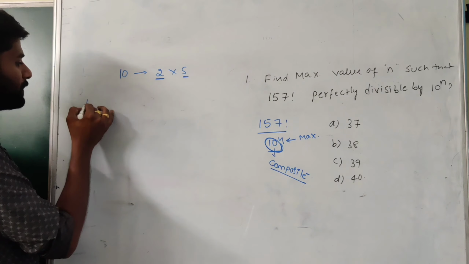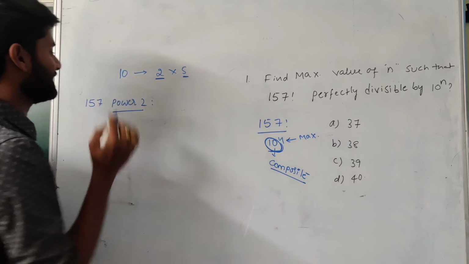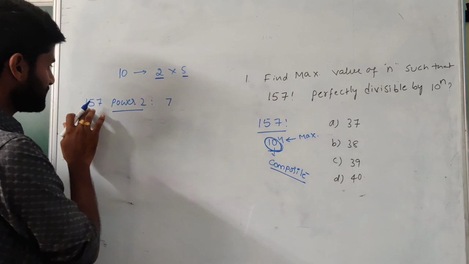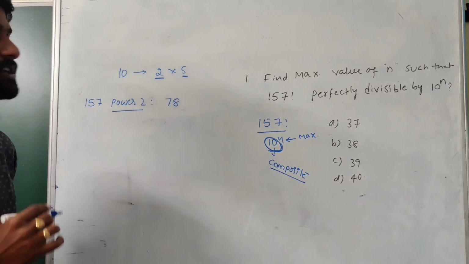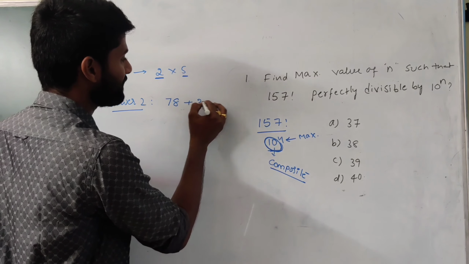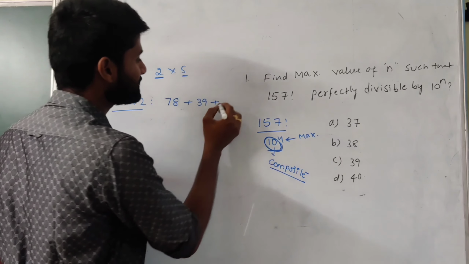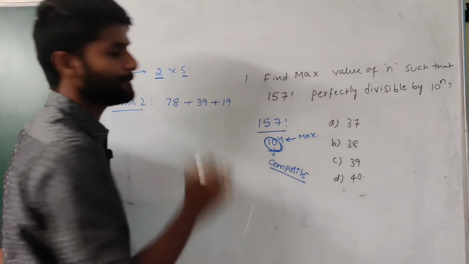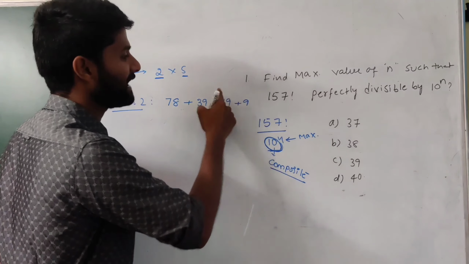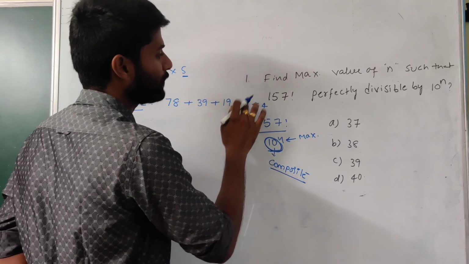See, the power value of 2 in 157. The 2 power value is exactly equal to 157 divided by 2. So it is absolutely 78, since 2 7s are 14 and 2 8s are 16, giving 156. And the next value is half of the 78, which means the value becomes 39. And the next value is half of the 39, absolutely 19. And again the next value is half of the 19, which is exactly equal to 9. 9 2s are 18. And the next value is half of the 9, the value becomes 4.